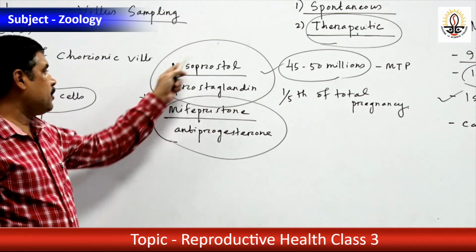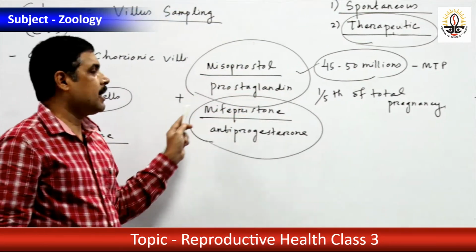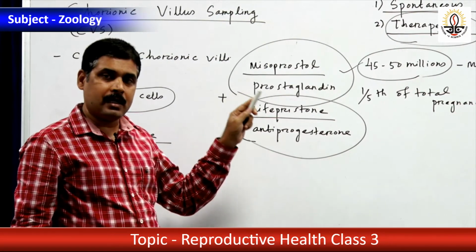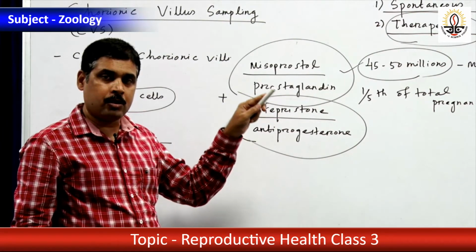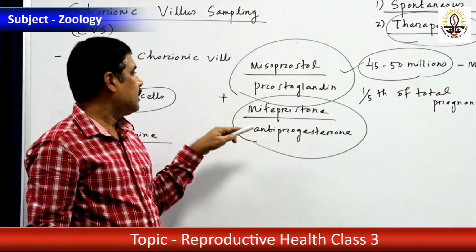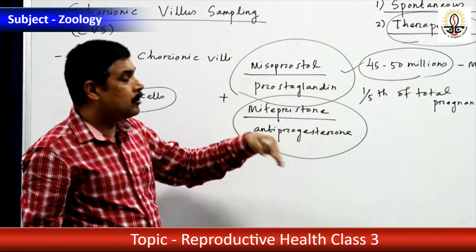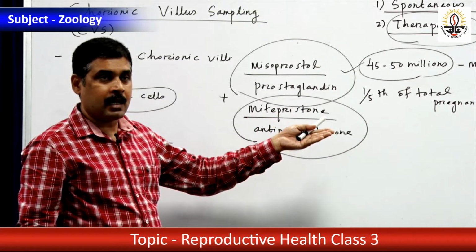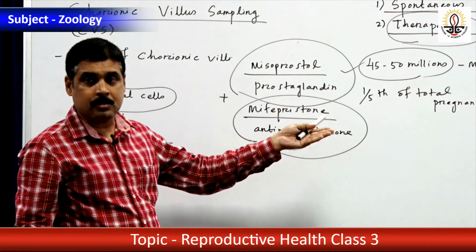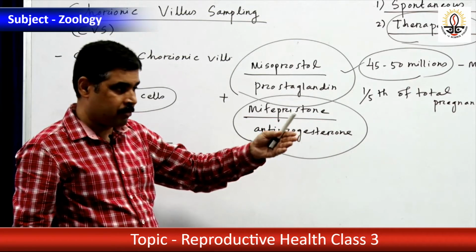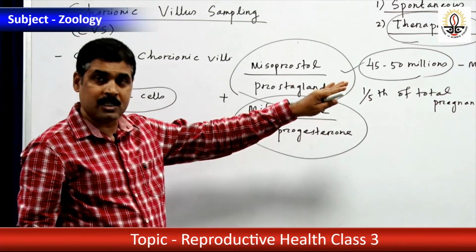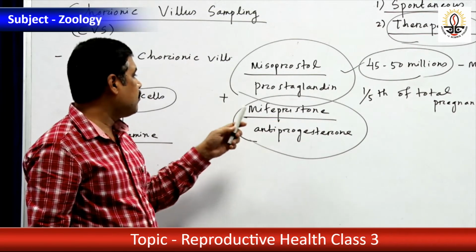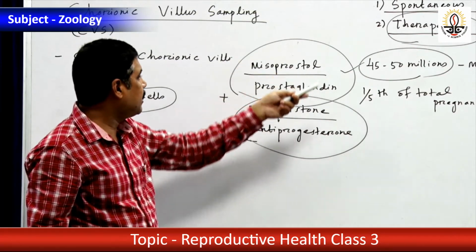So MTP can also be done medically, by medicine. In the first month of pregnancy MTP can be done by medicine, but after one or two months, it is carried out with the help of a doctor. There the vacuum aspiration technique is used, detaching the placenta by vacuum. But MTP at an early stage is carried out by the unwanted kit containing two hormones.